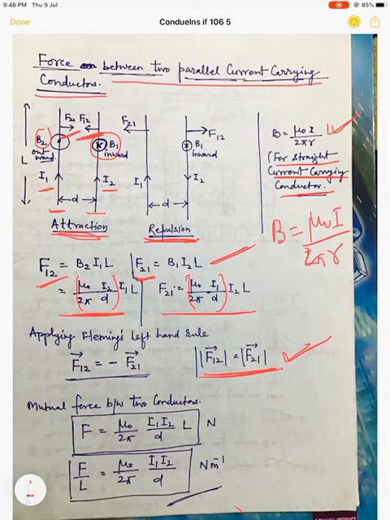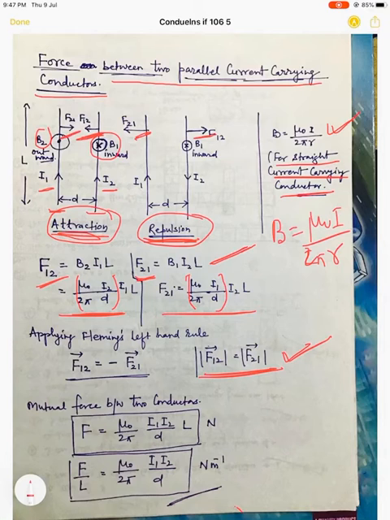Similarly, if we see the second pair of conductors, the two forces are like this. So this shows there is repulsion between the two conductors. So when two conductors have currents opposite to each other, the force is repulsive, and when the two are in the same direction, the force is attractive, right?